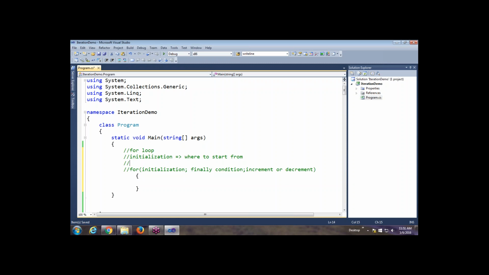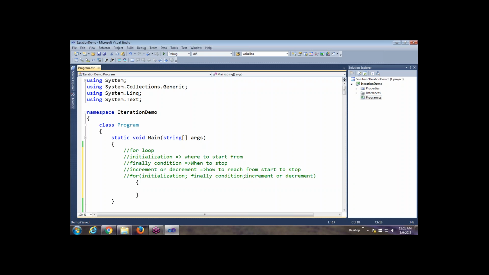The final condition tells us when to stop, and the last one, that is the increment or decrement, tells us how to reach from start to stop. So these are the three conditions we need to specify when going for the for loop.